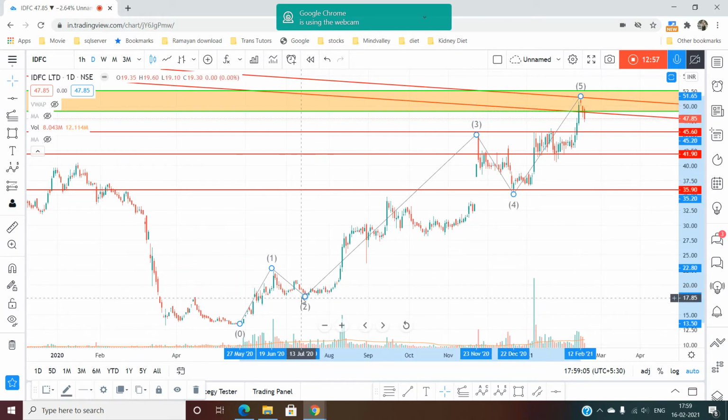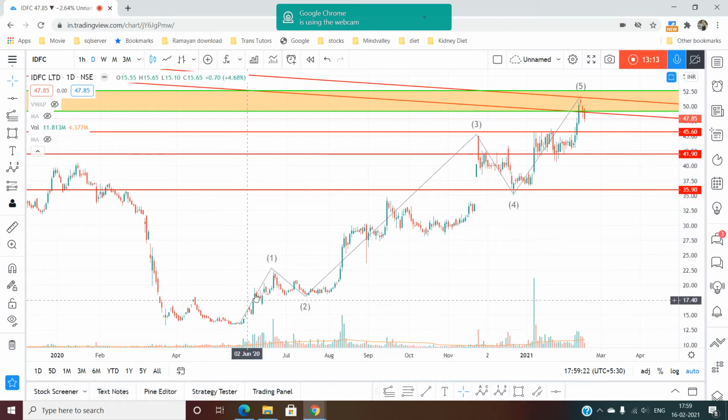Now that raises the question of why I took this whole wave as a third wave, because there's a gap. The third wave is always full of gaps. Okay, so because of this gap, I have included this wave here. Okay, now if we take a Fibonacci from here right now,